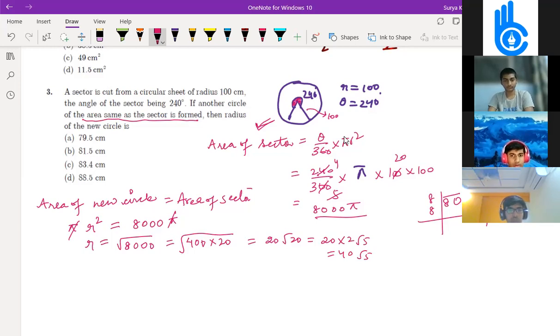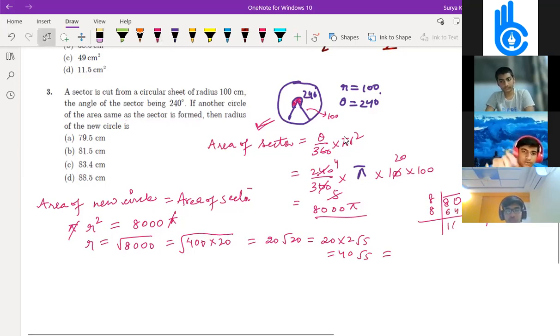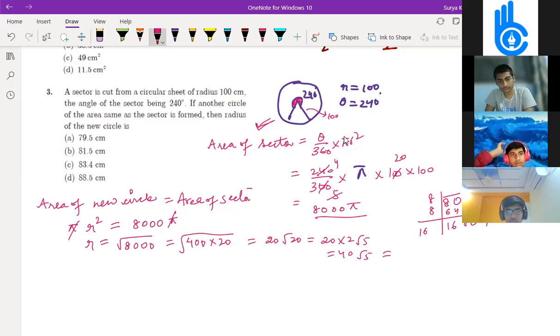2 point something. Here you see the answer is 81 also, 83 also. If something mismatches, it's gone. If you do 2 point something, there's so much mismatch. Better you do it this way. 8 is 64, so here 16 will come down, again double 0 will come. So 8, 16. Then what should you put here? 16 table, and 169 will go. What will go? 8, 169 into 9 if you try, no, it won't go by 9. 16 table, 160 will come.